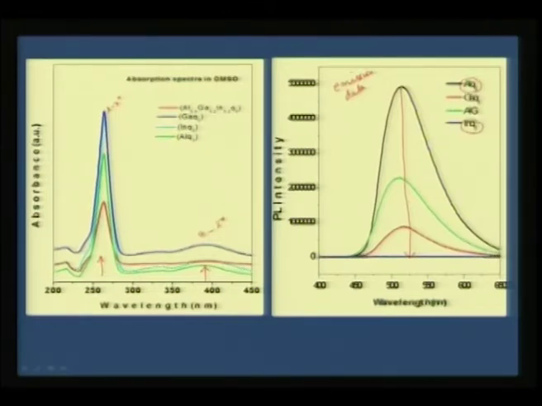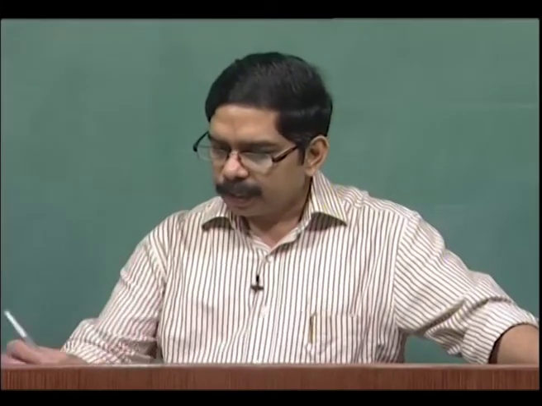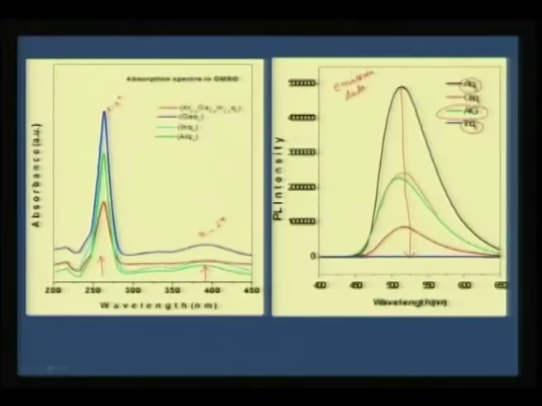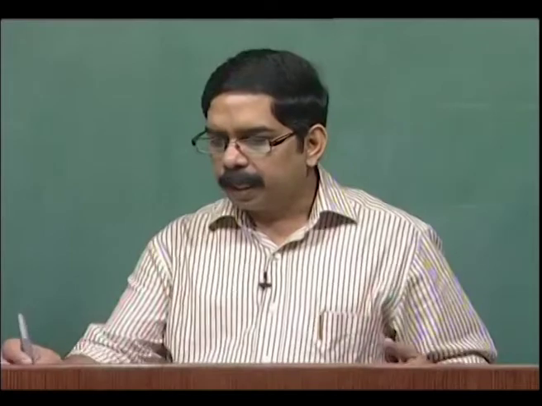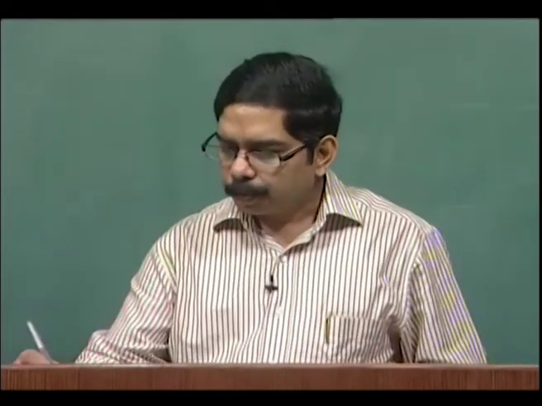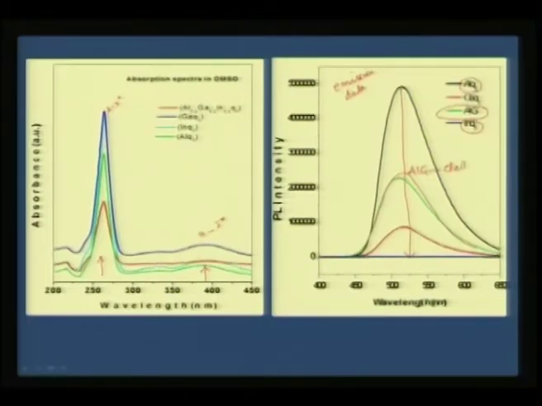AlQ3 is highly luminescent compared to indium Q3, whereas if you prepare a solid solution which involves all three atoms together, then you can see that it is exactly placed in the middle. So, this is your AIG, which means I am now able to make a compromise between the mobility of charge carriers and the PL intensity by bringing all three metal ions together in a single compound, and this is possible only because it has a clathrate feature.